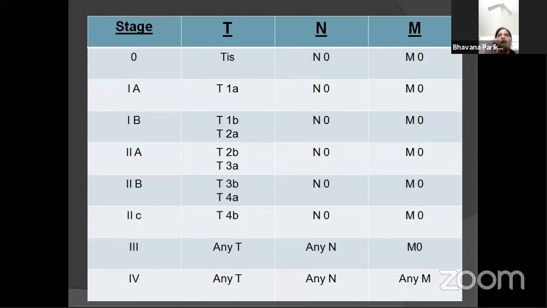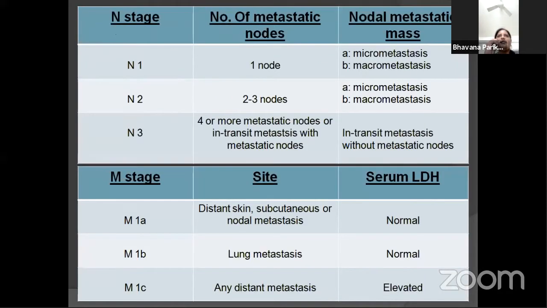M1A 0 and 1: 1 is LDH elevated. M1B is distant metastasis to the lung, where M1B 0 is no elevation of LDH and M1B 1 is elevation of LDH level. M1C has two subdivisions, 0 and 1. M1C 0 is any kind of non-CNS visceral metastasis with no LDH raise, and M1C 1 is with a raised LDH level. M1D is distant metastasis to CNS, but there should not be any other metastasis. M1D 0 is normal LDH and M1D 1 is elevated.